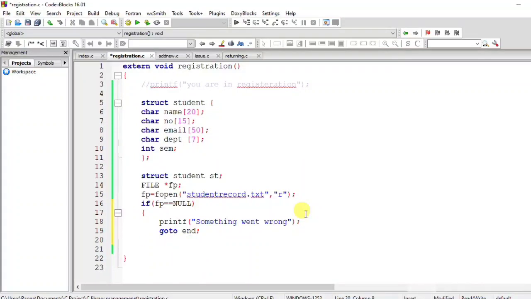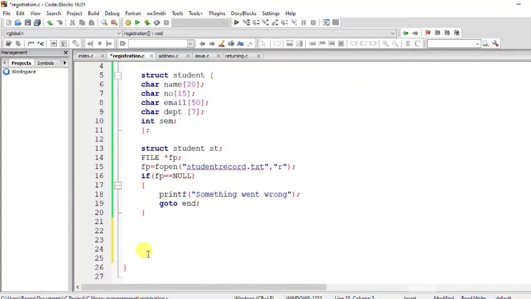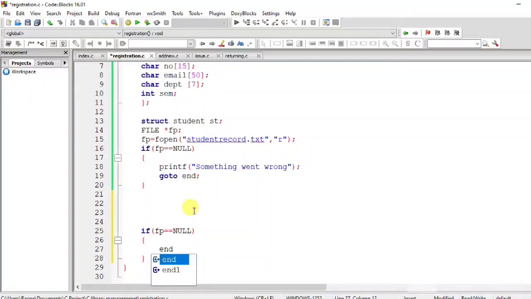We have not created end till now. So we create end, but it runs only if our fp has a null value. If fp is null, then create a label named end and